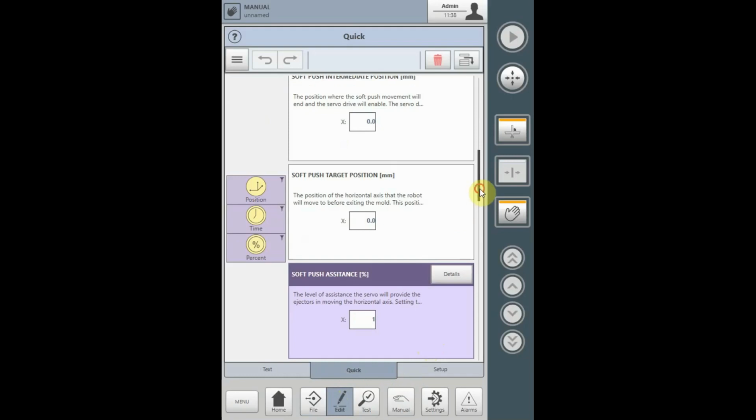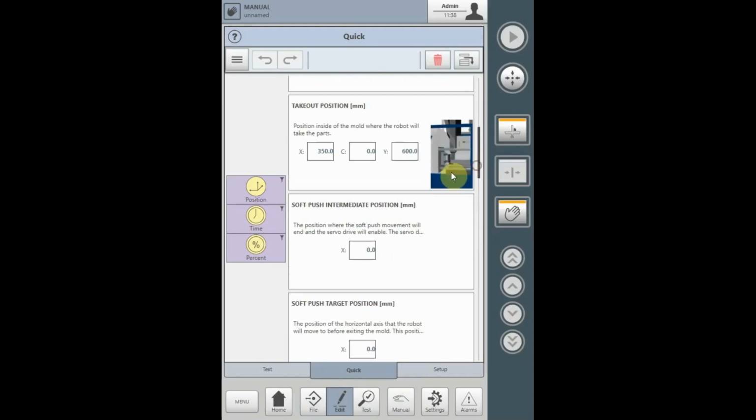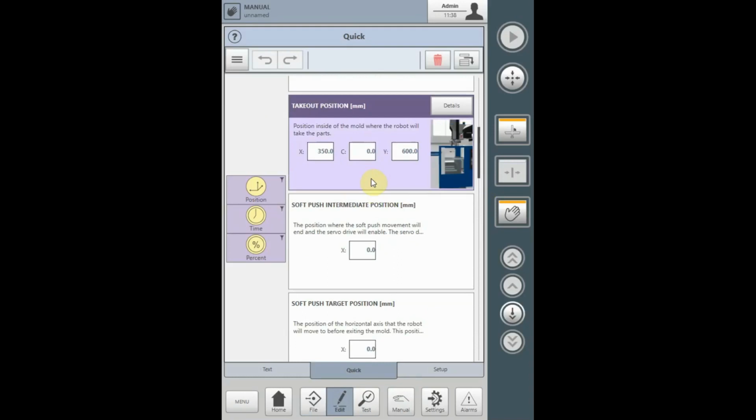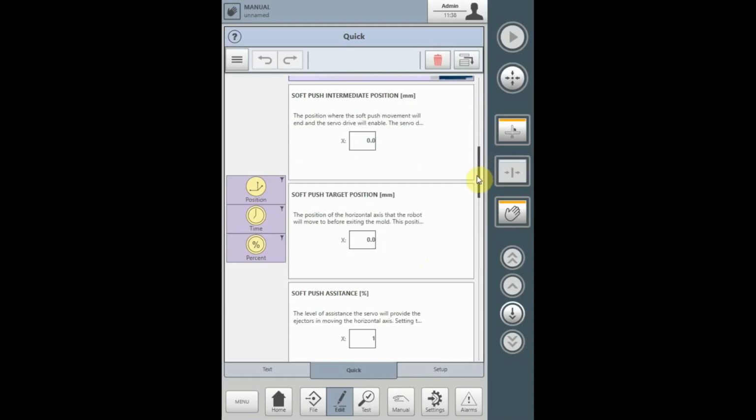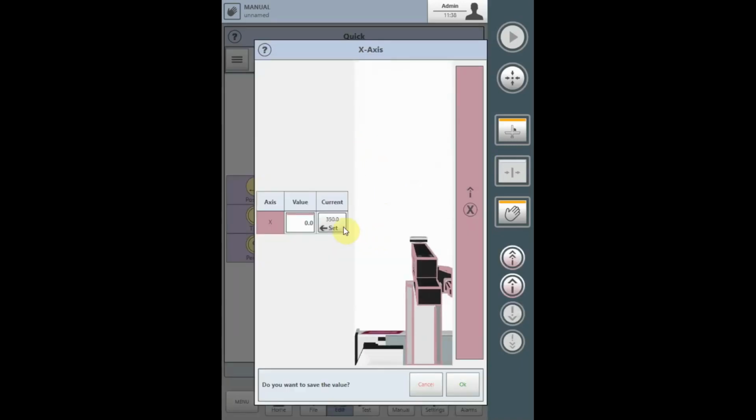The recommended procedure to teach these parameters is to first move the robot to the takeout position in the mold at the point it would receive the parts from the ejector. With the robot in the takeout position, select the soft push intermediate position, select the horizontal axis input box, and select the Set tab. Using the sliders, move the axes in the direction that the ejectors would push against it,